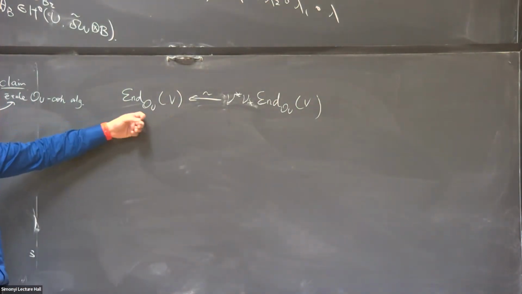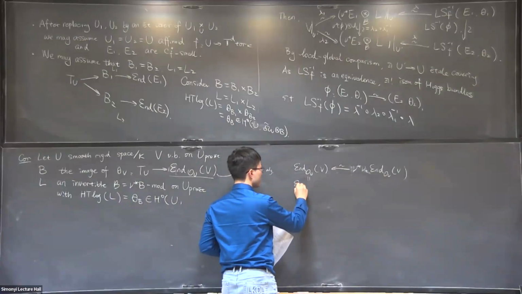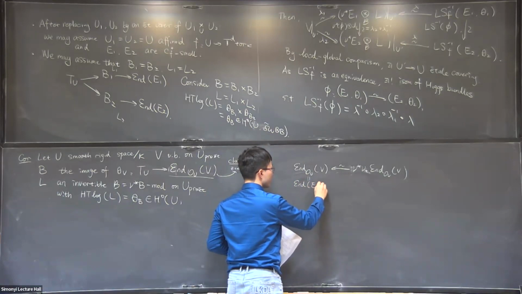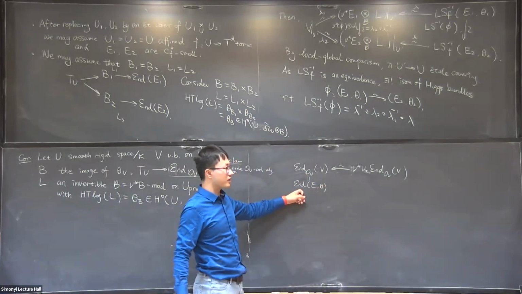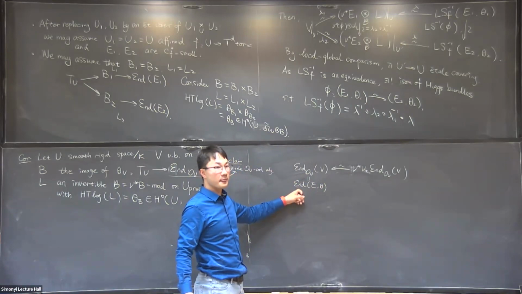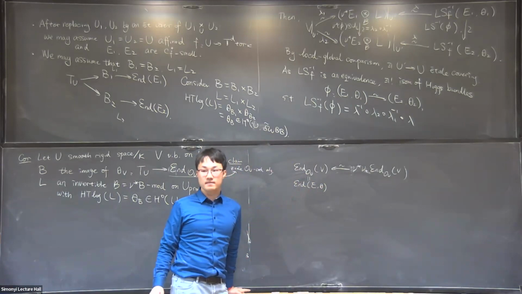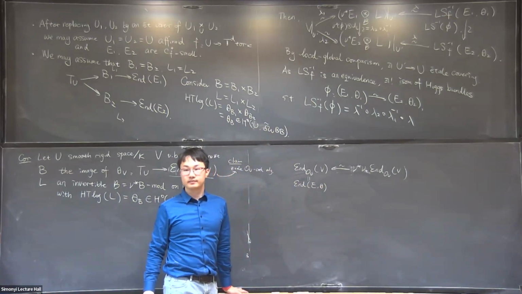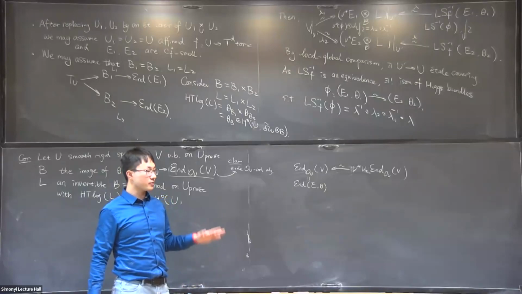And étale locally, we can use the local Simpson correspondence to see that locally it is equal to the endomorphism of a Higgs bundle, and the endomorphism of a Higgs bundle is a coherent OU algebra, okay? So it means that push forward and pull back is, I mean,